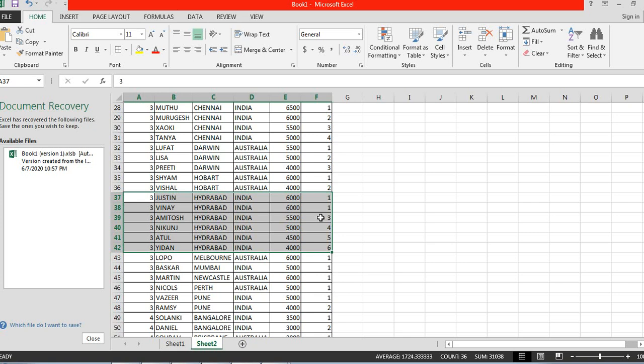That means if two similar ranks have been assigned to data, then the next rank will be skipped by 1. Like in the way I explained, if the rank is 1 and 1 for these first two employees, the next one should be 3. It's not 2. It will be assigned as 3 if we use the rank function. So we can use the rank function to rank the output data.